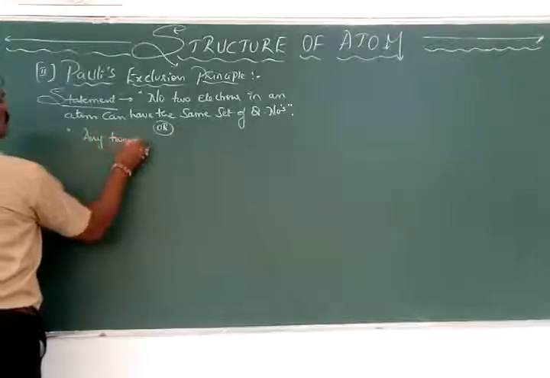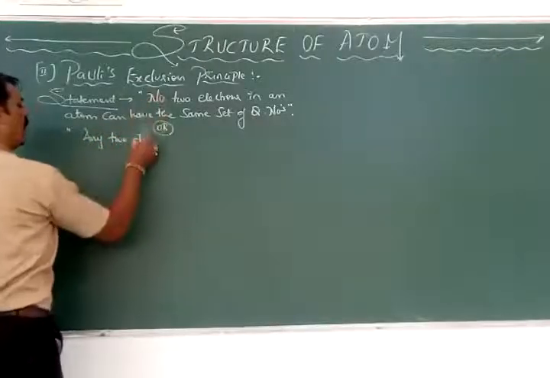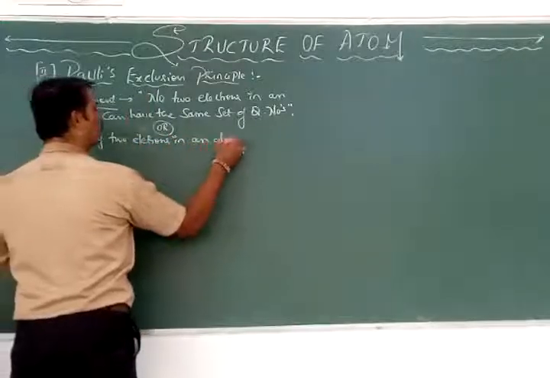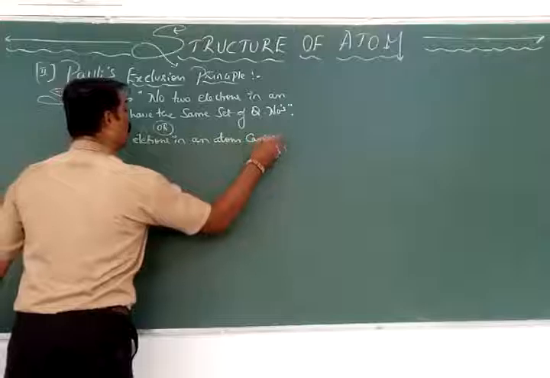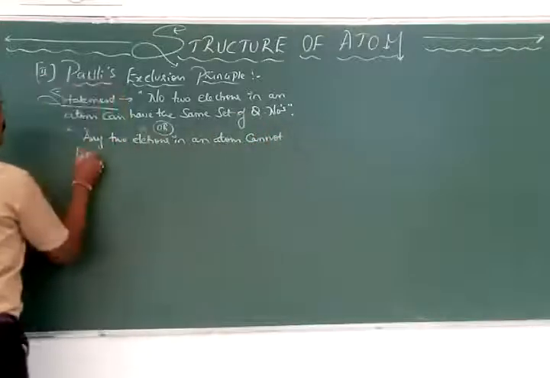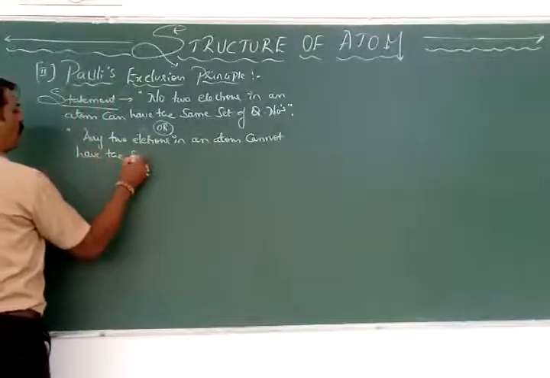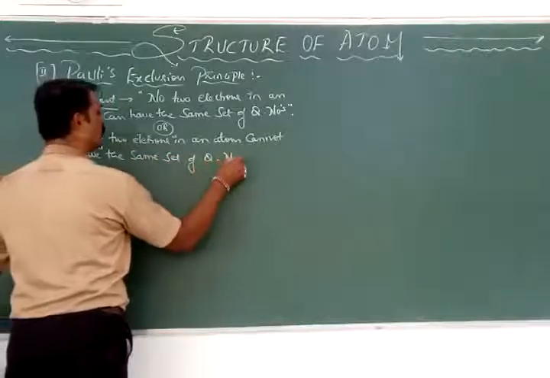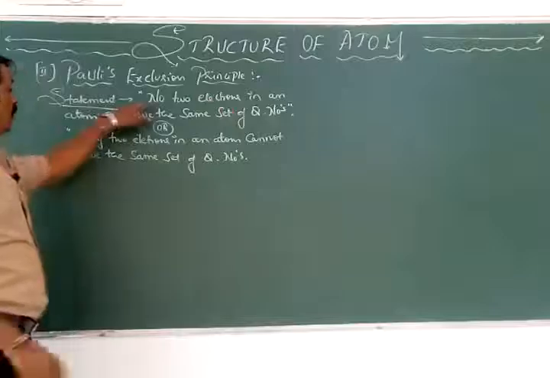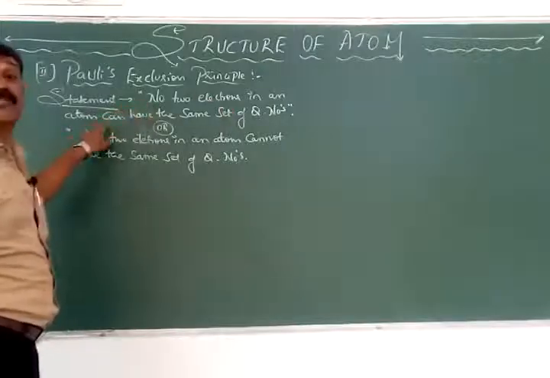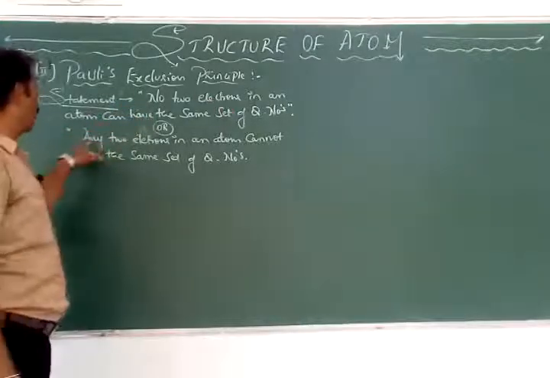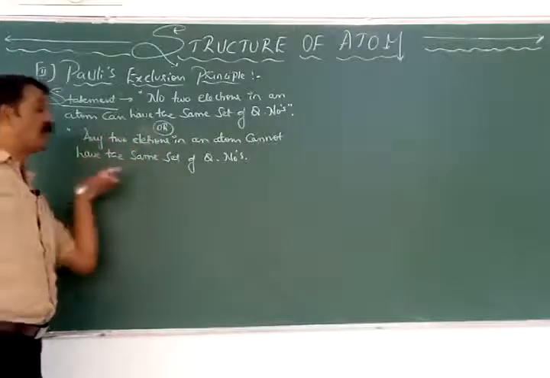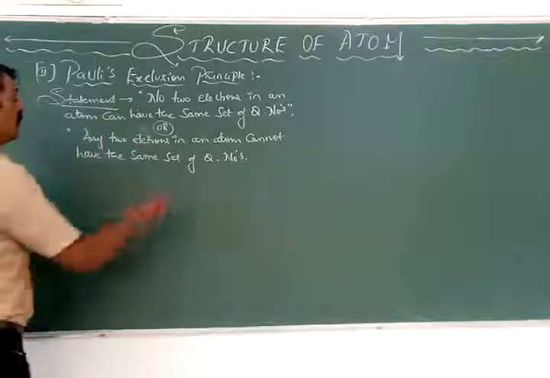Any two electrons in an atom cannot have the same set of quantum numbers. This is also right. If I initially mention "no", it means they cannot have the same set of quantum numbers. Or if I do not mention "no", any two electrons in an atom cannot have the same set of quantum numbers. Or indirectly,